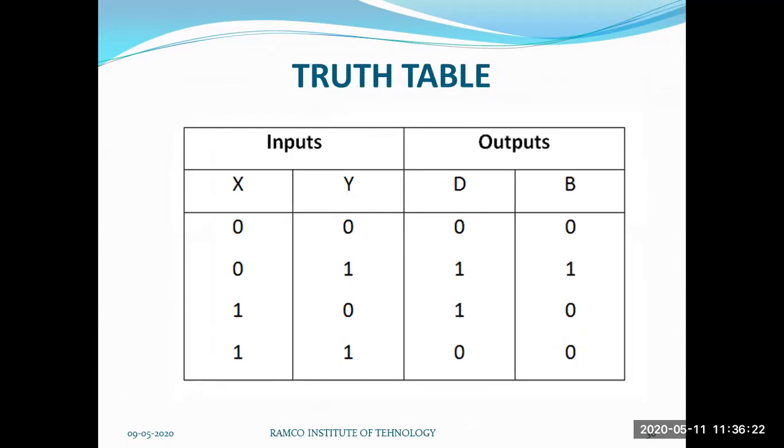So you are going to subtract your inputs. So 0 minus 0, difference is 0 and your borrow is 0. 0 minus 1, we are subtracting 1 from 0. So we have to borrow, right? So if we borrow 1, then your X will become 1, so 1 minus 1... 0 minus 1. So your difference is 1 and your borrow is 1. So when your X is 1 and Y is 0, your difference is 1 and borrow is 0. Your X is 1 and Y is 1. So your output's difference is 0 and borrow is also 0.